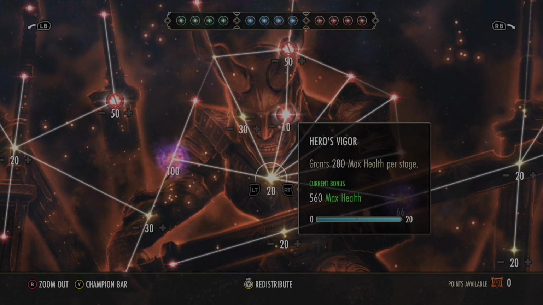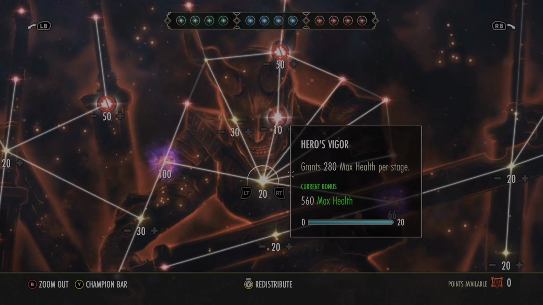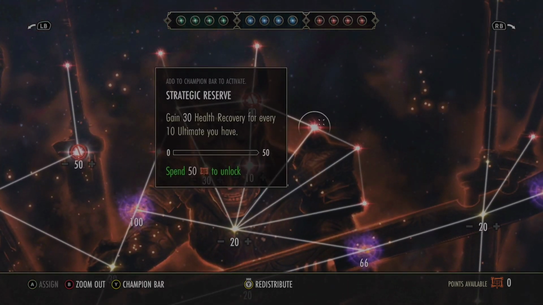Okay. Up to here, Strategic Reserve gains 30 health recovery for every 10 ultimate you have. What this means is, you know how your ultimate has a number? Some ultimates cost 130 or whatever. Your ultimate builds up as you do attacks, okay? And it builds up to a number. Let's say, for example, 100, right? You have 100 ultimate. That means that you have 300